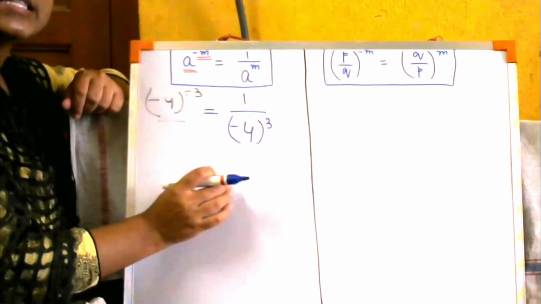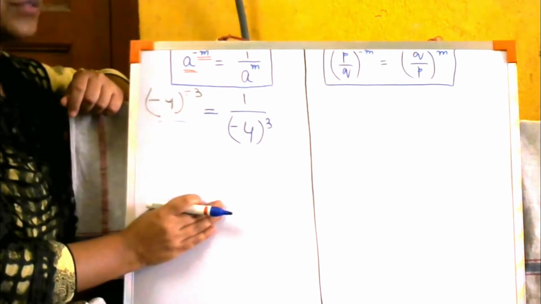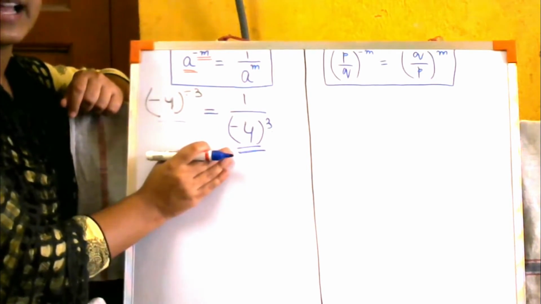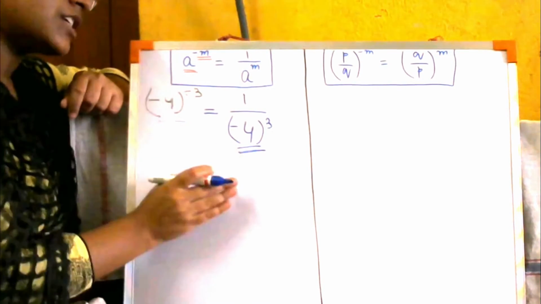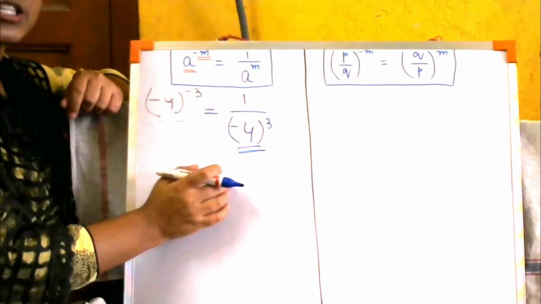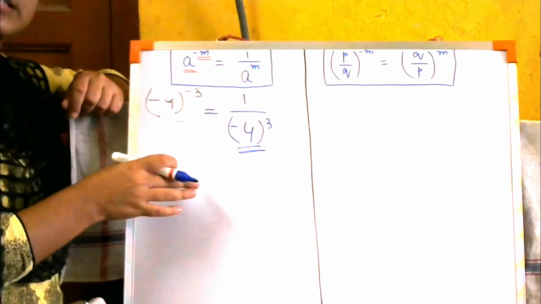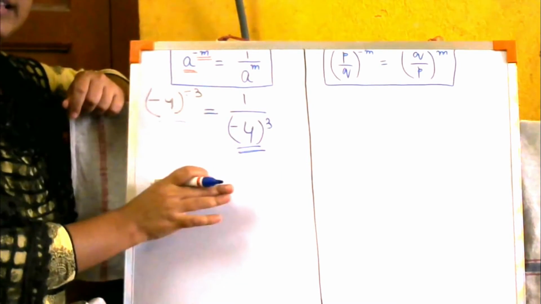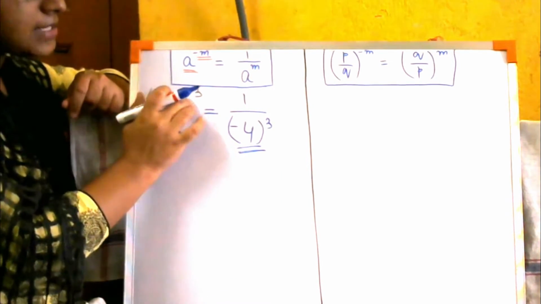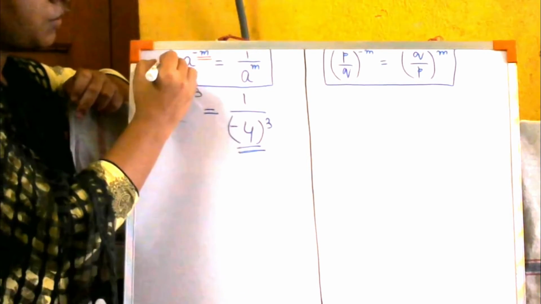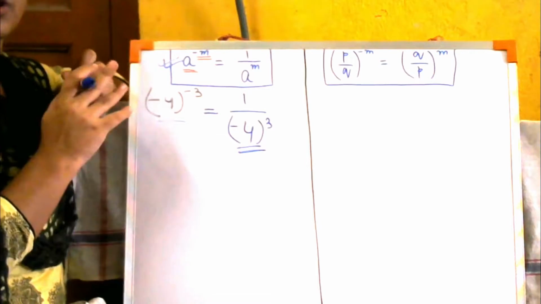But my concern is not with the sign of the base. Okay? I don't need to change the sign of the base. We just need to change the sign of the power. So that means if it is minus 4 or minus 100 or minus 1 lakh, whatever minus it is, the minus will remain like that. We just have to change the minus sign of the power. This is my basic concern. Look into the formula. If you know the formula, then you know what I am talking about.